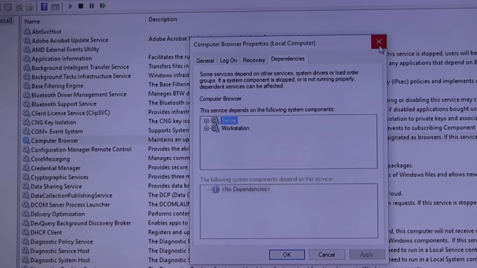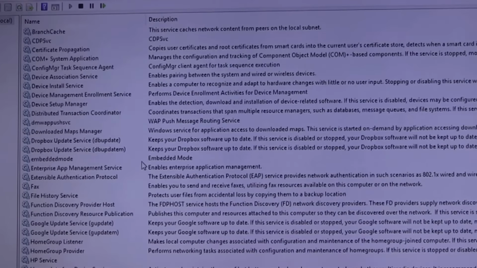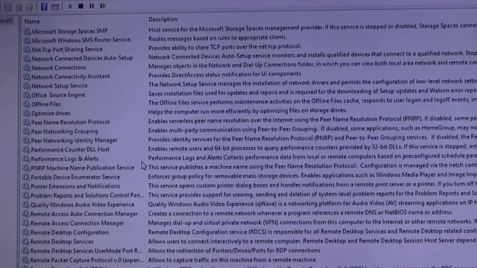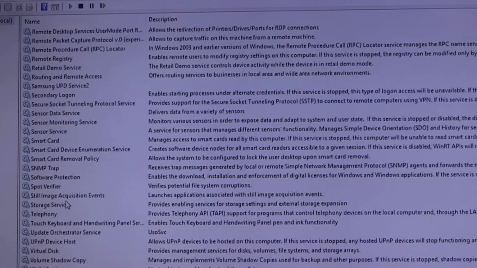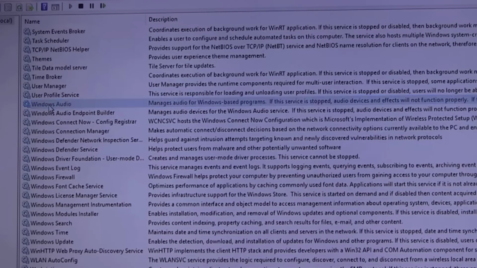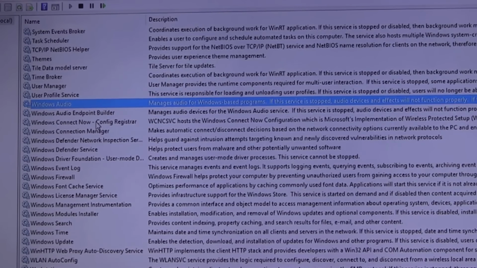Let's go take a look at server service. I'm going to scroll down here to server service, which we have talked in depth about. I'm going to launch server service as soon as I find it. And I'm going to go to Windows Audio. Let's look at dependencies. Now, I see it requires these two services to be running in order for it to run. That's very important, because if you're troubleshooting a service failure, many times it's not that service at all. It's a dependent service. So this is very important.